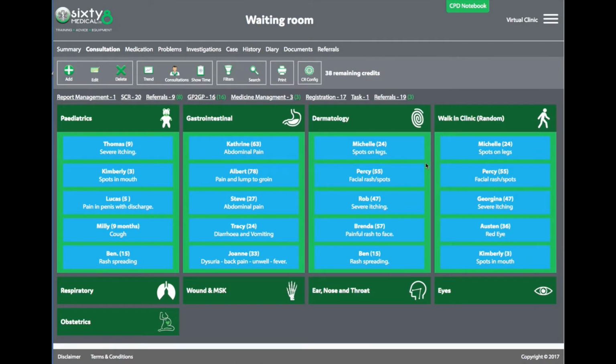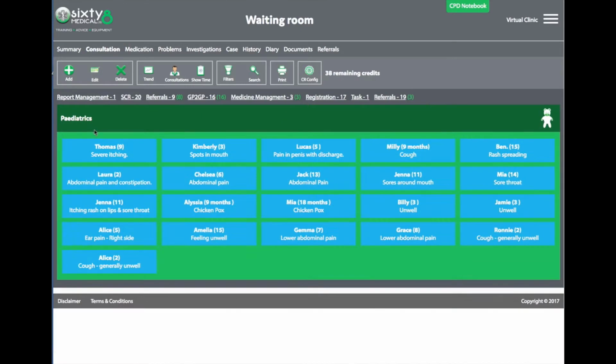Primary Care Plus focuses on different areas within primary care. We have a walk-in area where we have different patients, or we can actually break them down into individual. Let's have a look at pediatrics. You can see there's lots of different pediatric cases, and we can click on any one of these and start